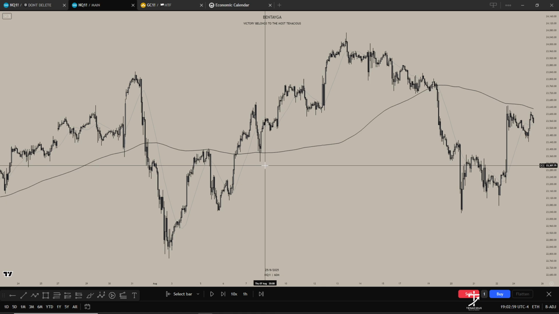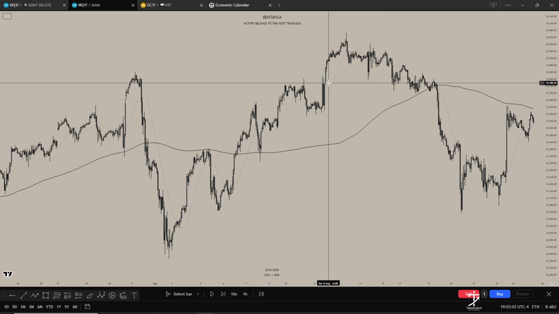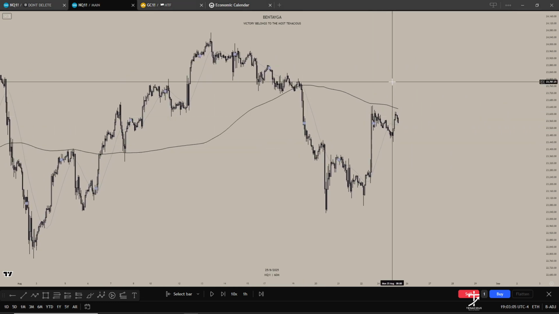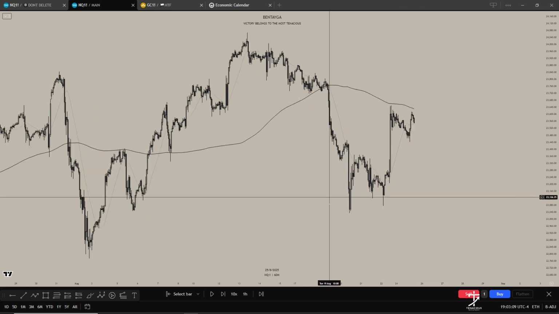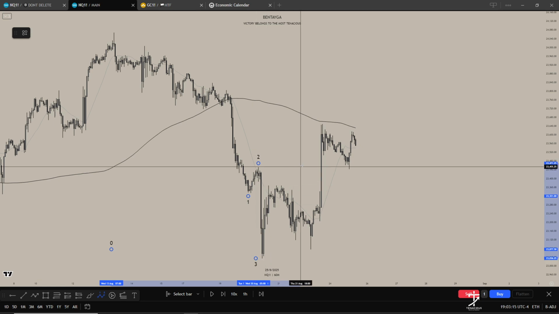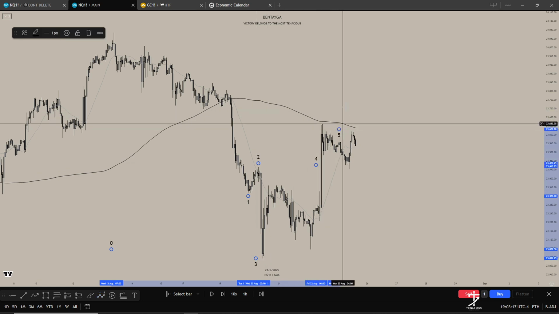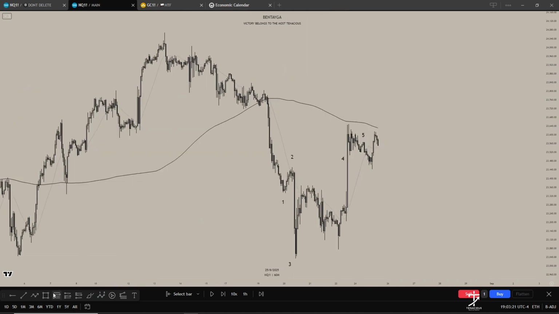Monday, it was UK bank holiday, so we're not going to trade in London session. We're just going to go straight into New York. And based off my SMA, I could say that price is bearish, as this could be my one, this could be my two, three, four, and then our five. And now I'm looking for something which is going to help me take this trade lower.